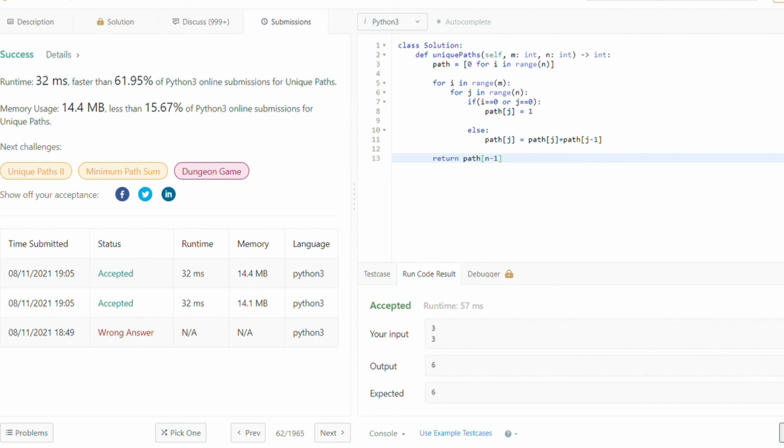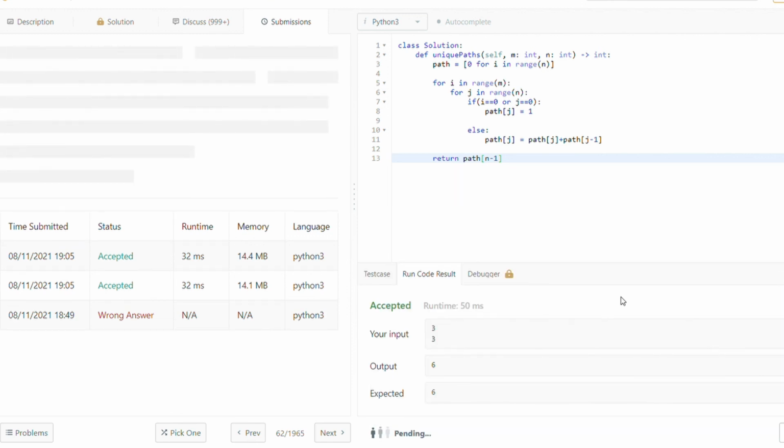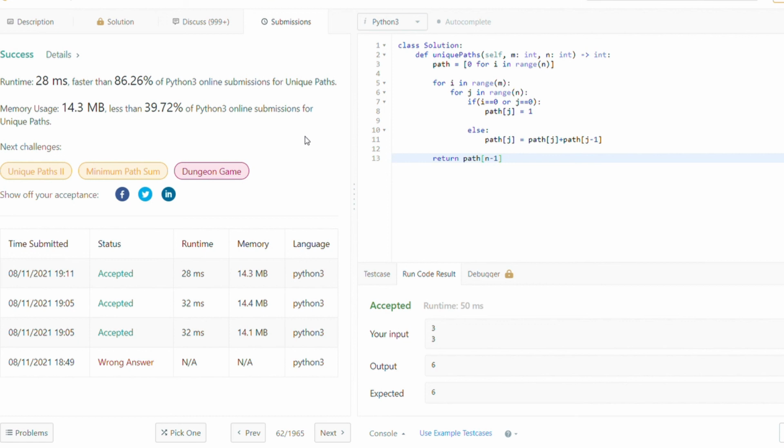Now let's try to run the code. Yeah. Now let's try to just submit this. Cool. So surprisingly, this has also made our code a little bit faster. But yeah, this is also a space optimized approach that you can take. Here we have only used order n space, so the space complexity is only order n, and the time complexity is order m cross n, right? So this is the approach that I've taken for tabulation.